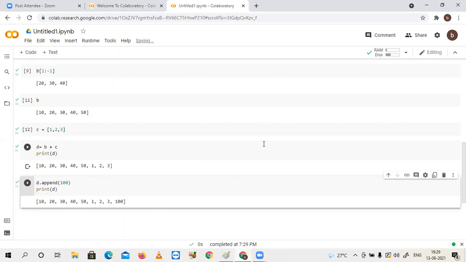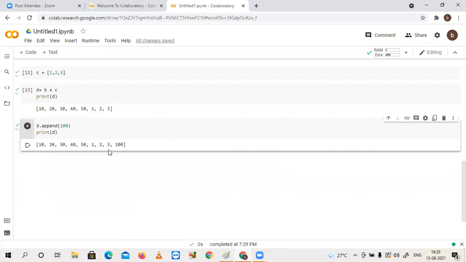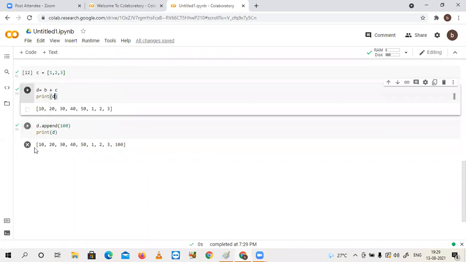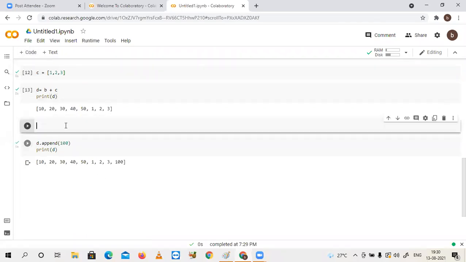What happened, sir? One more element added at the end of the list. Got it? Yes. Instead of applying like this, at a time I want to add 30, 40, 50. At a time I want to add 3 values. In this case, you can use the above technique. Please observe, that's the same thing. I want to reflect this with D only.